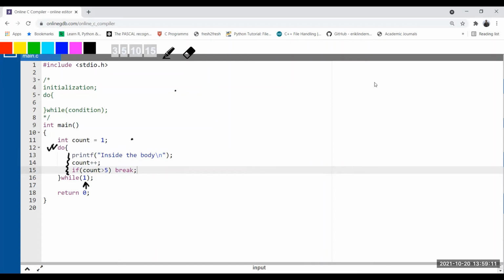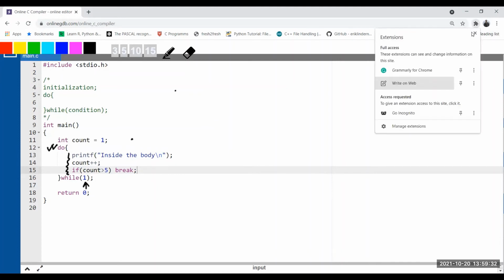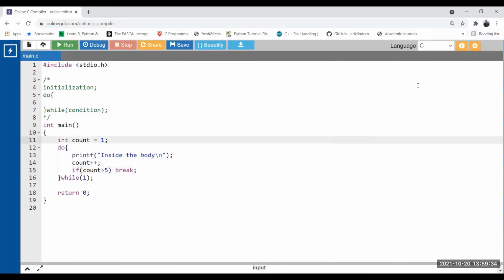If you continue, the ATM will ask you again, maybe to insert the card, or if your debit card is still inside the machine, it will just continue and ask the PIN code again. That means this is the condition, correct? So we can also build a similar kind of program in C to ask the user whether he or she wants to continue or not.